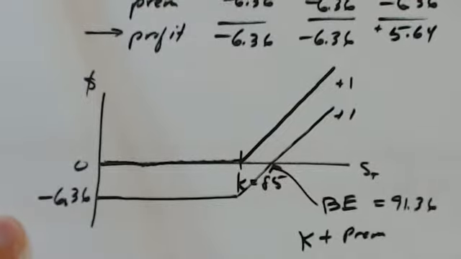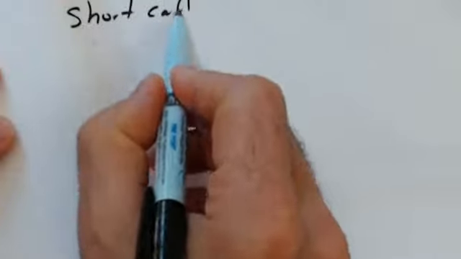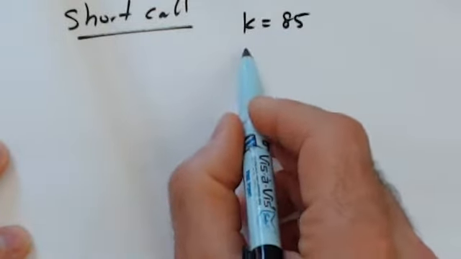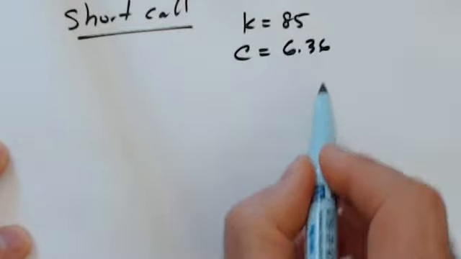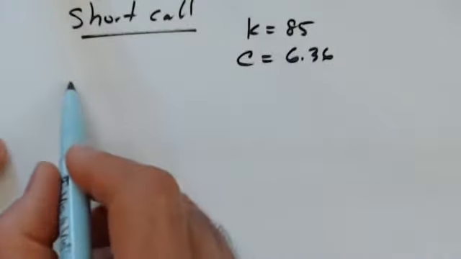You're bullish. Let's look at a short call. I mean, the call has been written. You've written the call option. Okay. Remember, K is still 85, and the call is 6.36. So let's run some scenarios. And before we do that, let's look at the